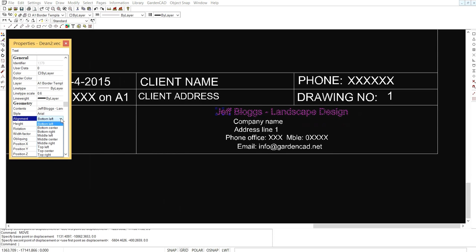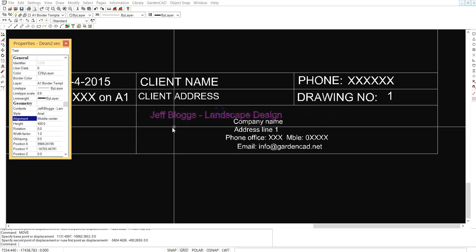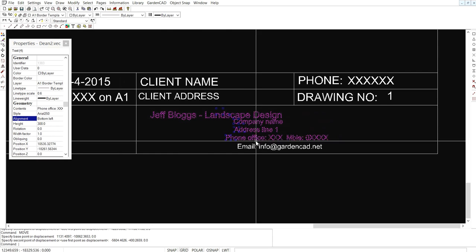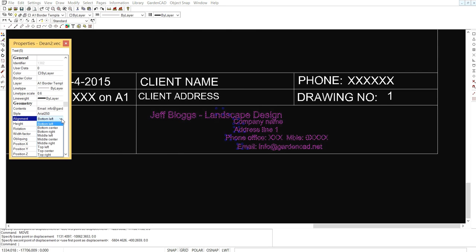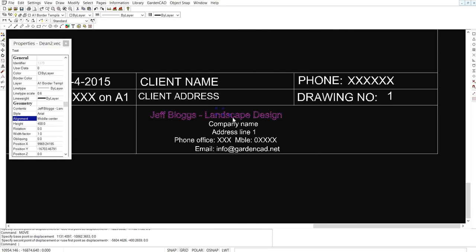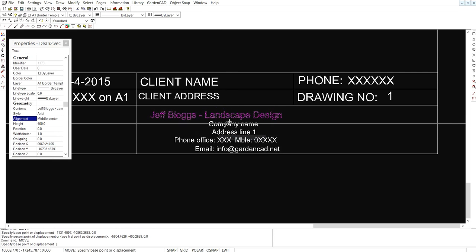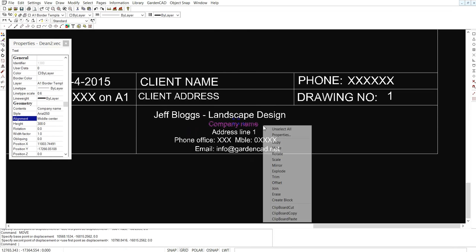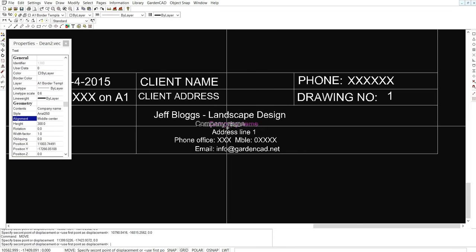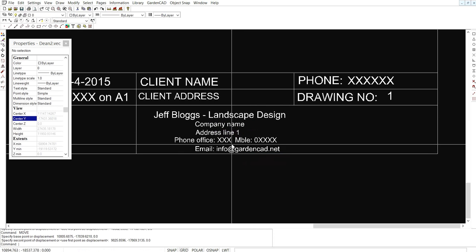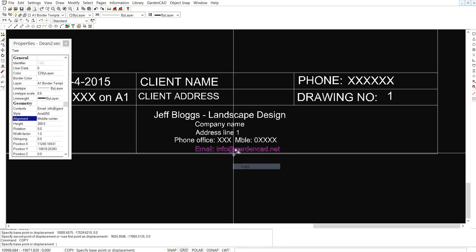If we click in the properties box and change that to middle center, and do the same for all of the other text lines there, change them from bottom left to middle center, what you should be able to see now is we should be able to move that landscape design and just position it how we like, and similarly move this into position, move this one like so, and we'll even move the last of those